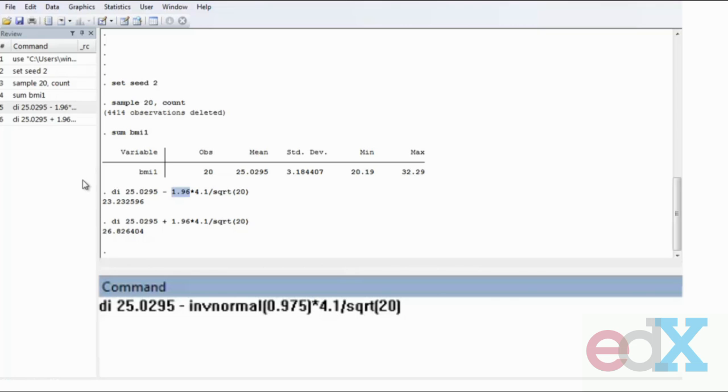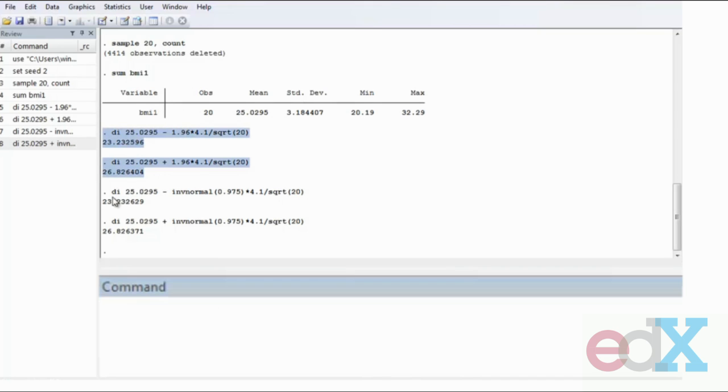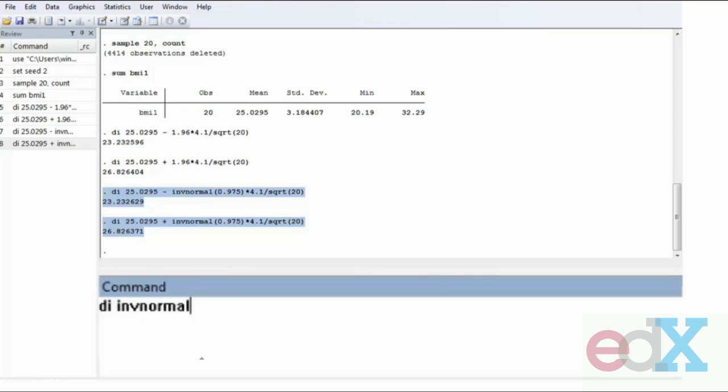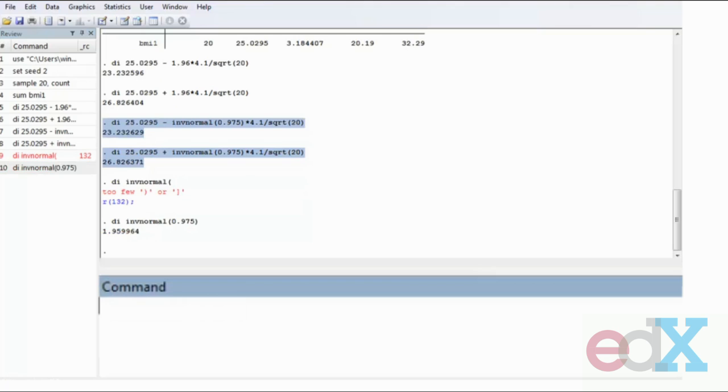So if I replace 1.96 with inverse normal 0.975, what that's going to do is it gives me the value of the standard normal distribution such that 97.5% of the mass is less than that value. And this guy comes out to be basically 1.96. So using the inverse normal command instead of just plugging in 1.96, you can see that I obtained basically the exact same confidence interval. Any of the differences are just due to rounding error. You can see that the actual value of the inverse normal function at 0.975 is very close to 1.96,